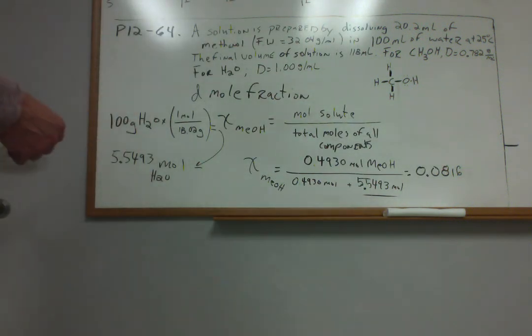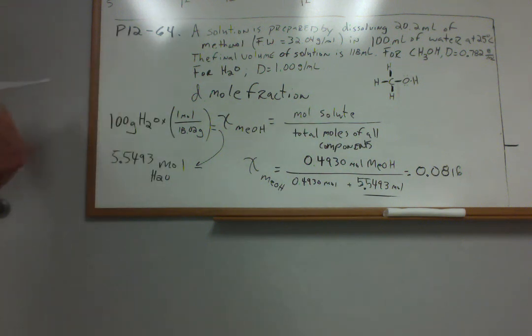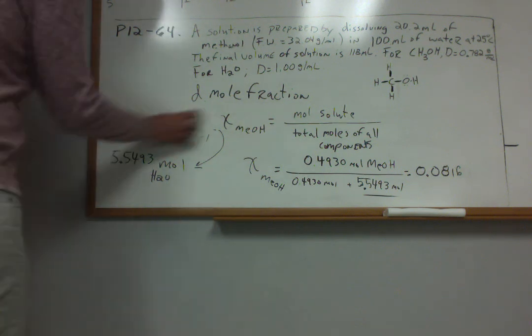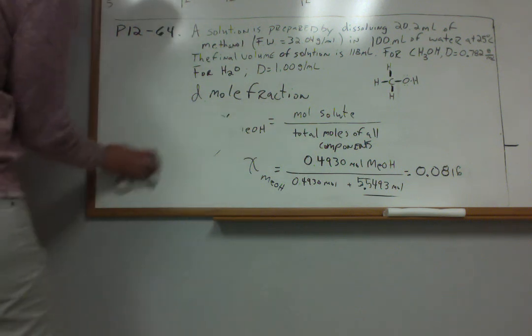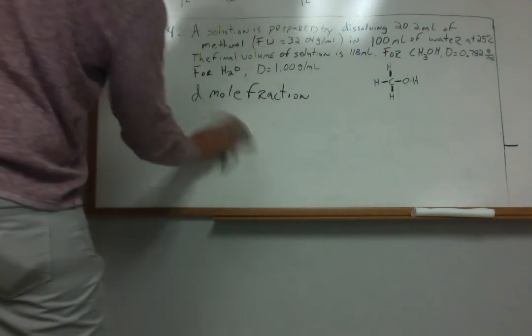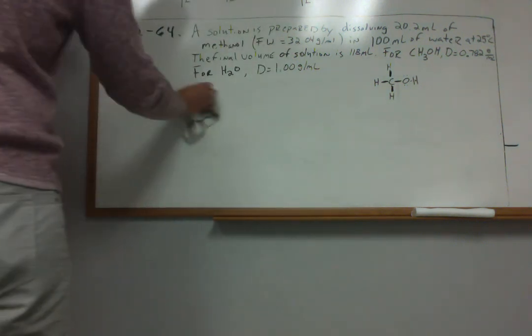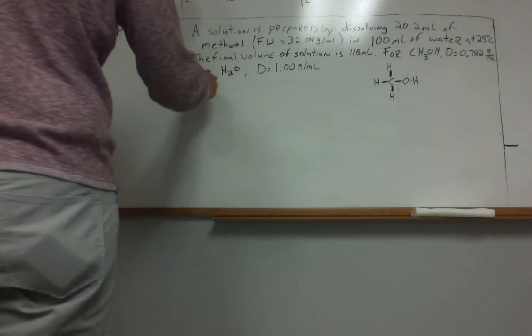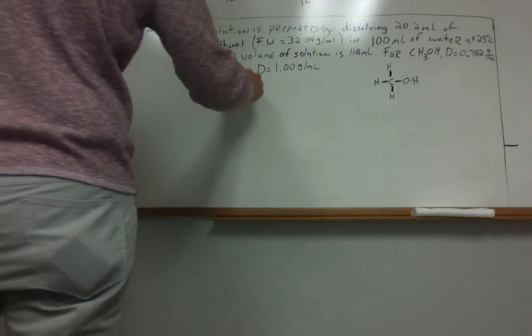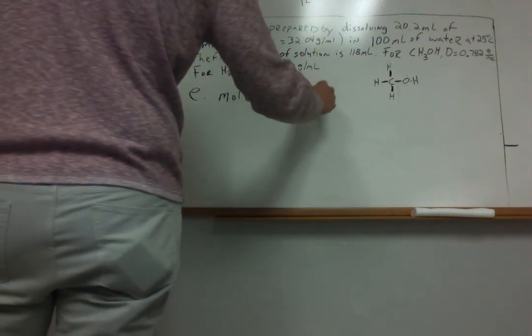We use mole fraction for Raoult's law, and that's why we need to be able to calculate this. Because if you're going to use Raoult's law for vapor pressure lowering, which is one of our colligative properties, you need to know mole fraction. We have one more part to this problem now. Part E. This one's going to be really easy. Probably the easiest one